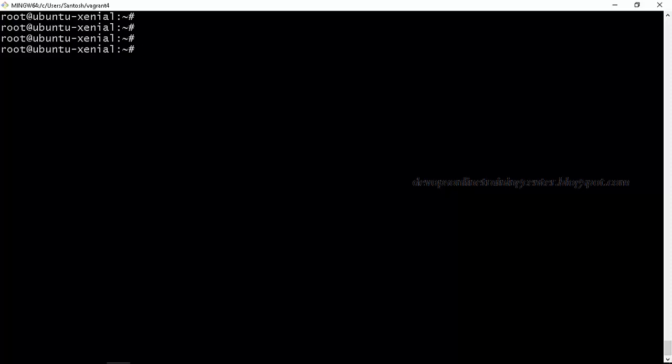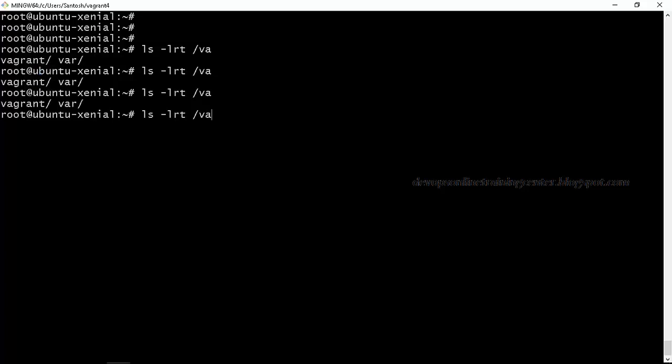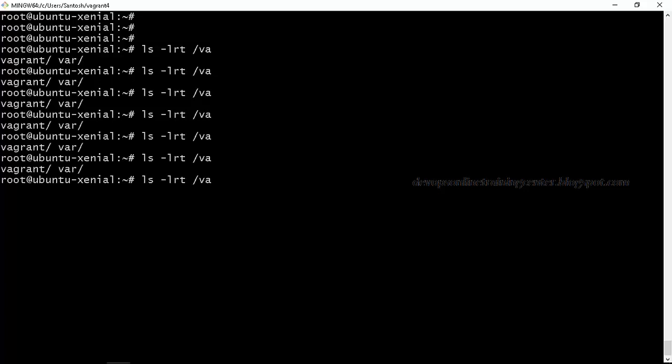Okay, and there is something like, when you type in Google and you just say "how to", it will give a lot of suggestions, right? It will autofill for you. In the same way, if you want to type something here and just press Tab, it will give the options of what all starts with VA. If you see, it's giving two options, var and vagrant. So there are two directories, var and vagrant, with VA, and if you just press Tab, it will give the options. And if you just say G and press Enter, if there is only one directory, it will automatically fill it. You don't have to type the complete thing.